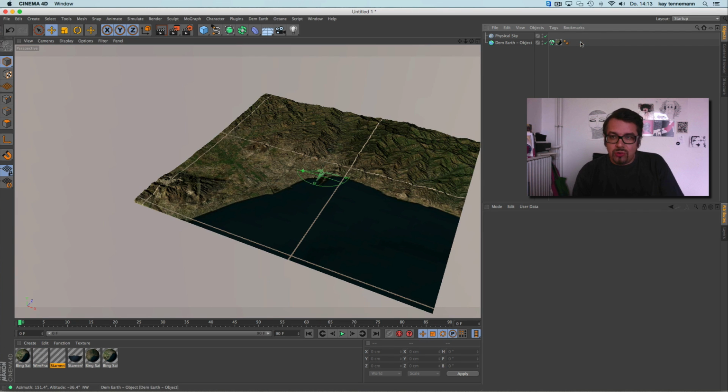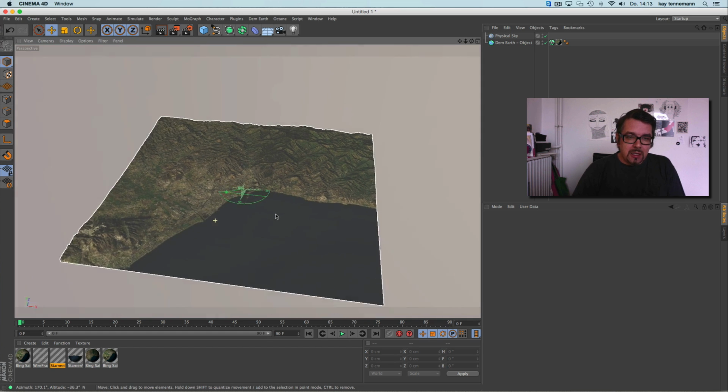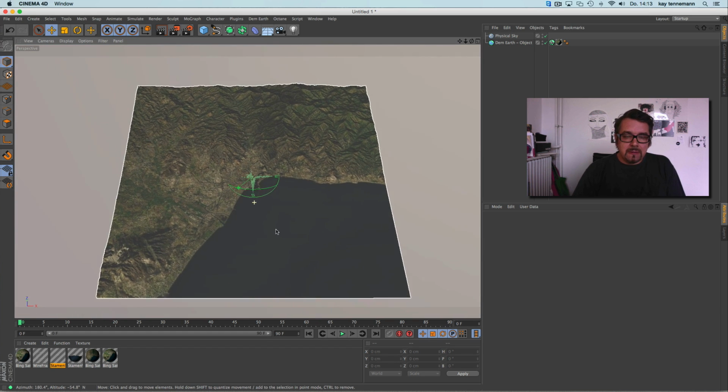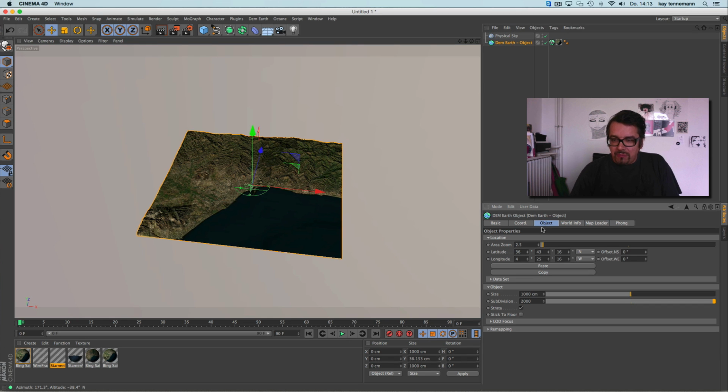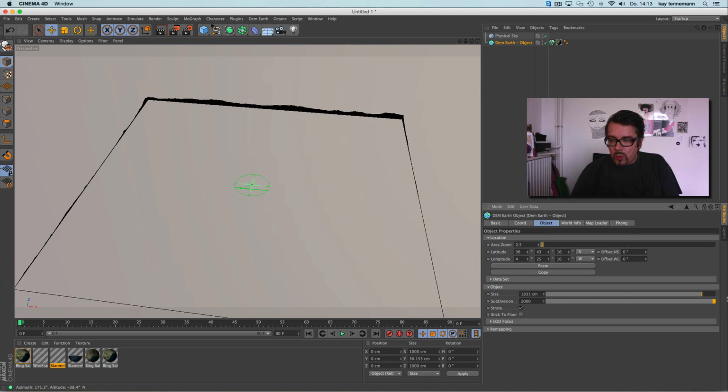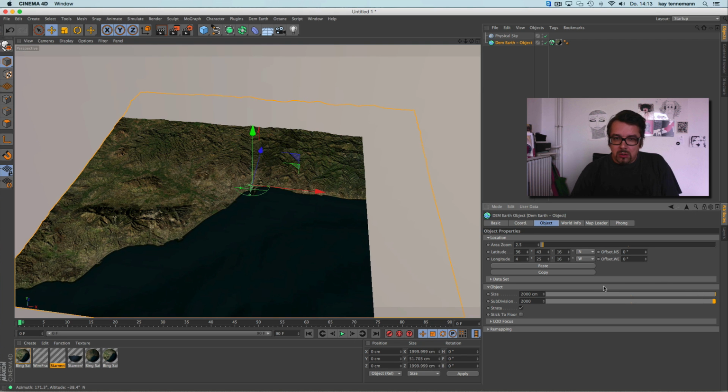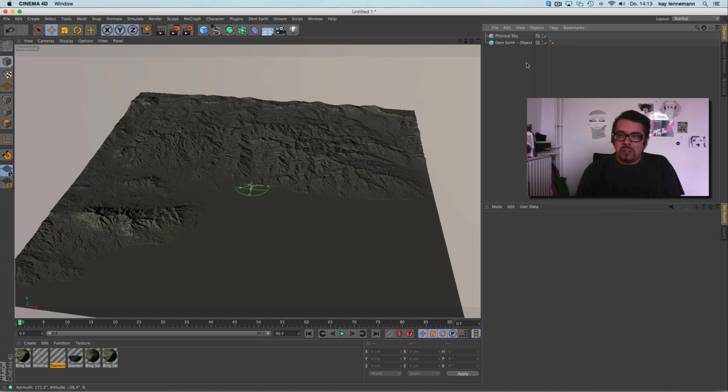What you can do too, I'd like to show you, is when you, for example, like to make a very large scaled map, like this. Okay, I have to delete.